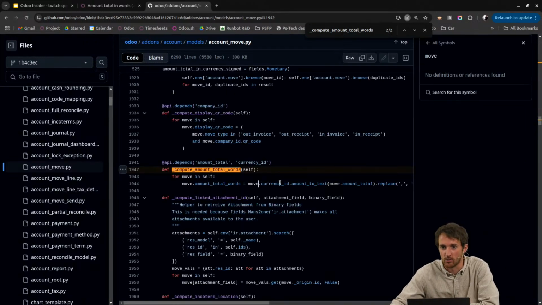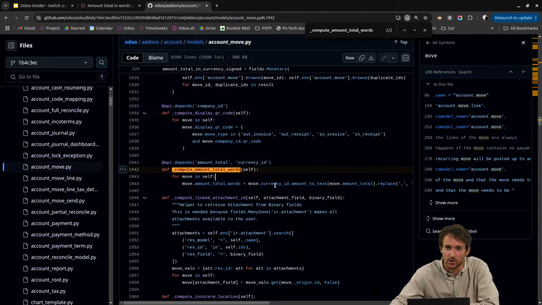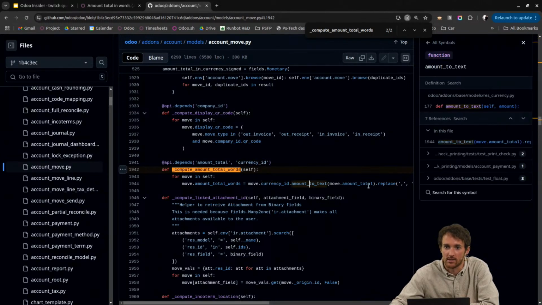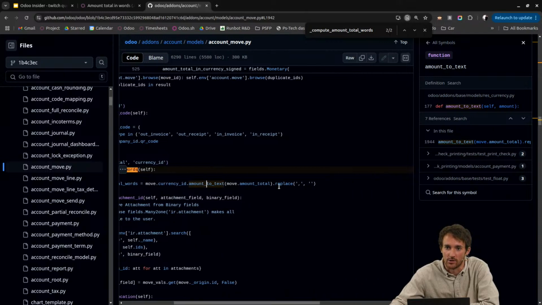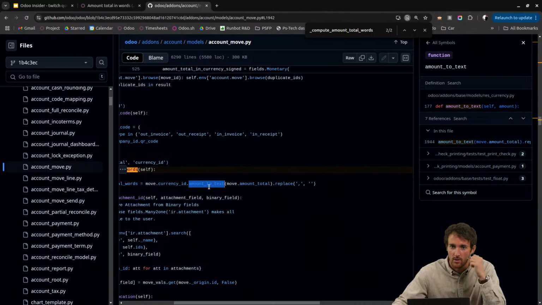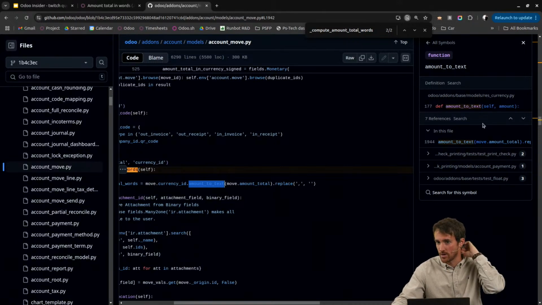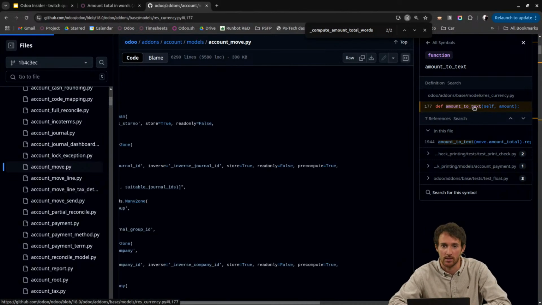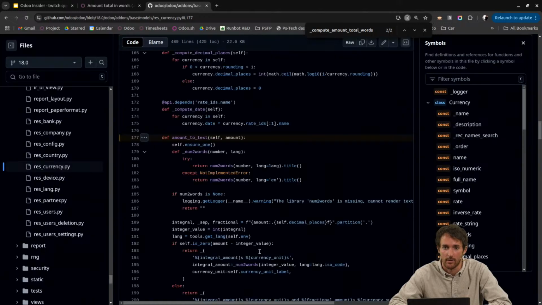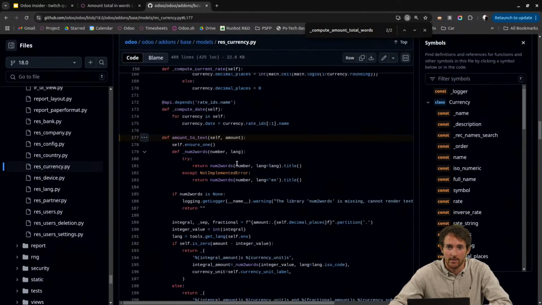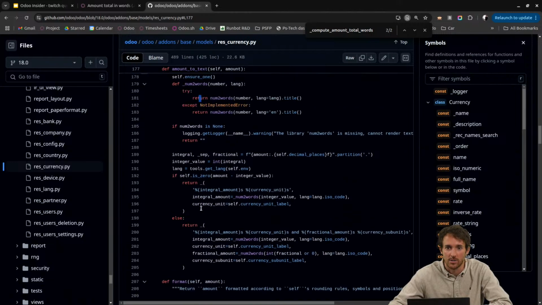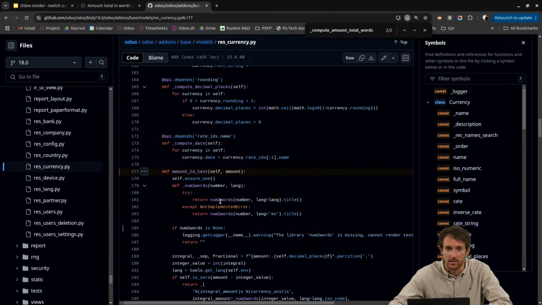Great. So here we have this notion of currency_id.amount_to_text of move.amount_total with a replace, and it's just going to apply this formula that should be defined on the currency model, and that's indeed what Odoo is telling us. If we go on the model res.currency, we will have something. This is the definition of this function that we can find, which is there: amount_to_text, and here you see that we have a certain function, try num2words, which is there, and that's where the conversion is going to be done. And this num2words function,